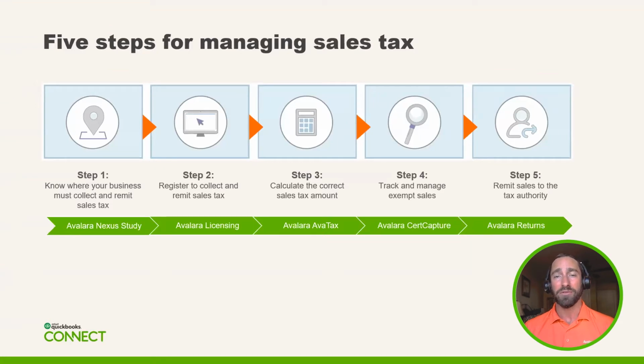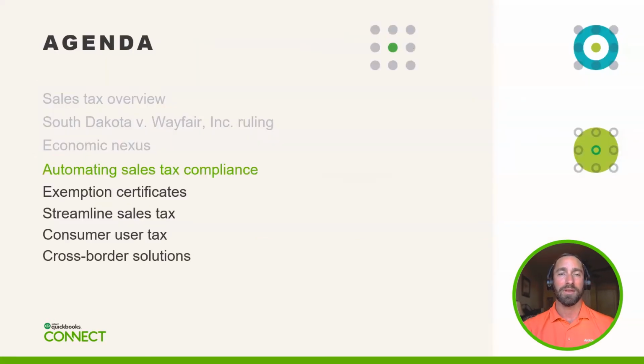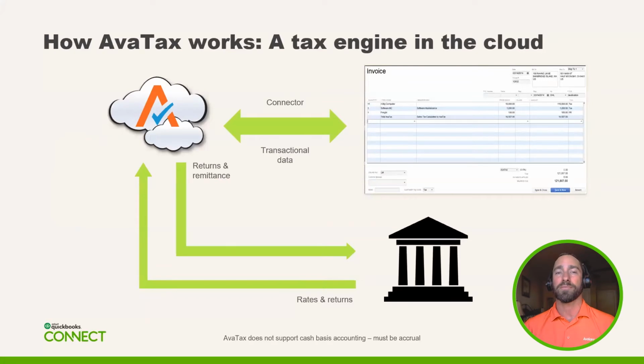And as you're having to get registered in additional states, you're going to be filing more and more sales tax returns. So now's the time to put some automation in place as you're going to have to get registered in additional states. So let's walk through how you can automate sales tax compliance. It's one of the big things: what does it mean and how does it work?